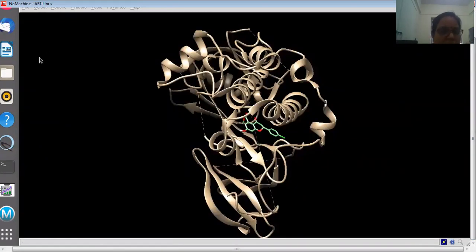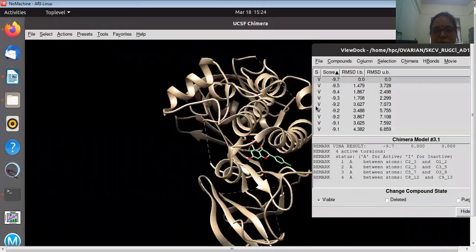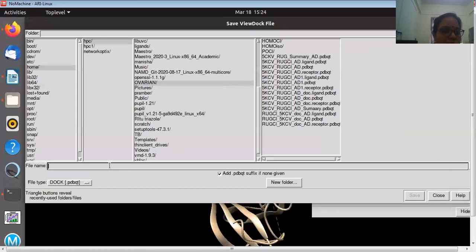Now, with the docking scores and all that, I will show you what you have to do. Here are all the docked ligands, file, save as. Now give the file name 5kcb_rugcl_ad_summary3.pdbqt, and save.